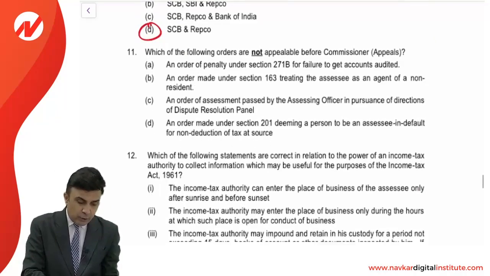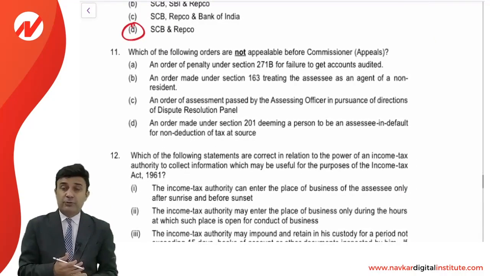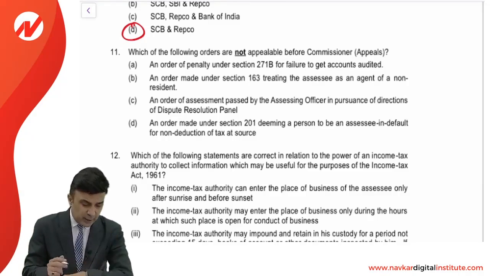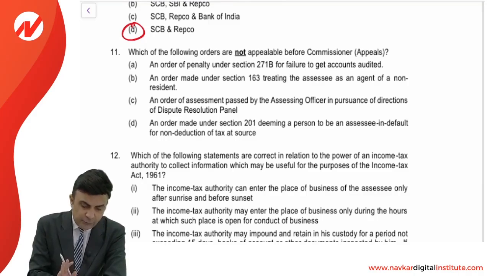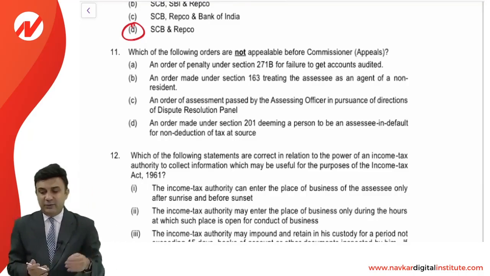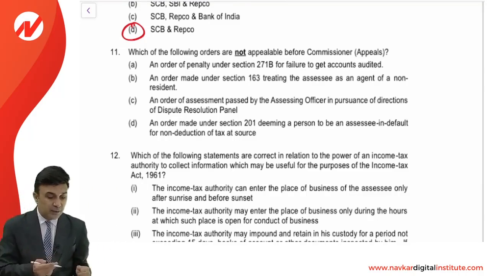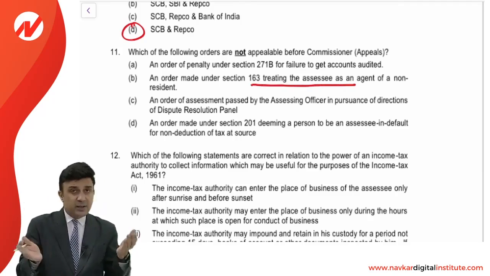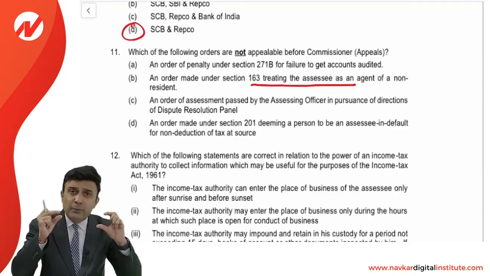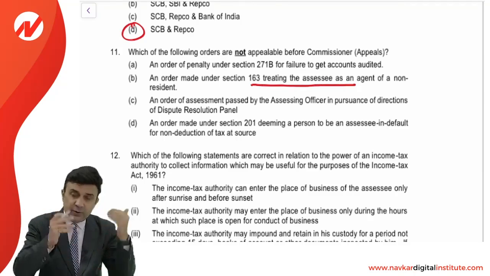Which of the following orders are not appealable before the Commissioner of Income Tax appeal? A simple one, theoretical one, but in MCQ. An order of penalty under 271B for failure to get the books of accounts audited. Definitely we are making appeal. Number of cases we are making appeal. Second, order made under 163 treating an agent. It is a part. See, there is a list of the appealable orders before CIT appeal given, which covers 163